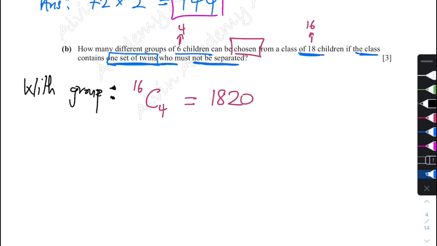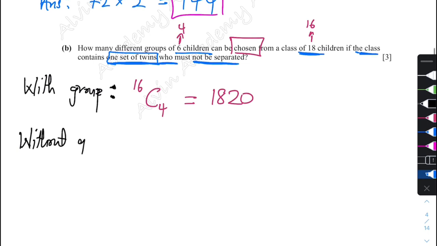All right. Now let's talk about the case where those two kids are without the group. Okay, they are not there. We take both of them out. We don't want to separate them. So if we take both of them out, what happens is that